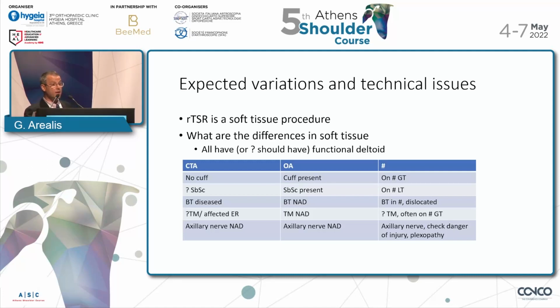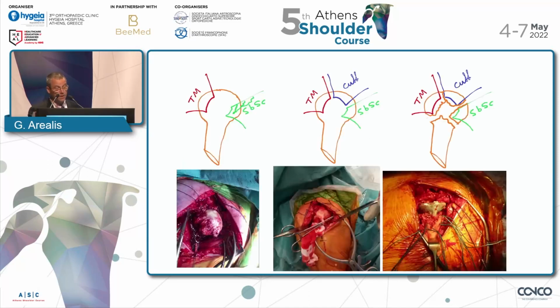And then the nerve situation is also important. You have more nerve injuries if you deal with a fracture and a fracture dislocation scenario, whereas the deltoid muscle is usually well functional in the other two cases. And this is a brief description of what you will see if you open a shoulder with the three different